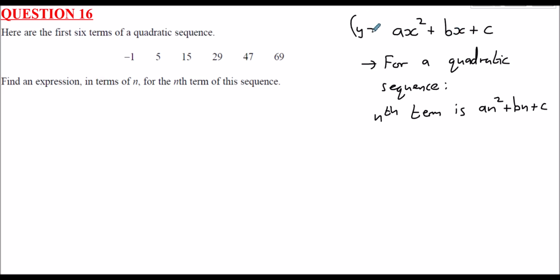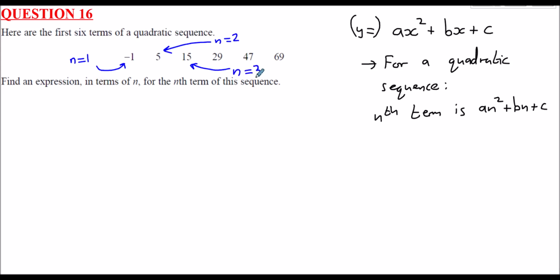That's the general form of a quadratic, normally y equals this. So here, we can just think about what values we've got. Minus 1, that's the first term, so that's n equals 1. 5, that's the second term, n equals 2. And the third term, 15,